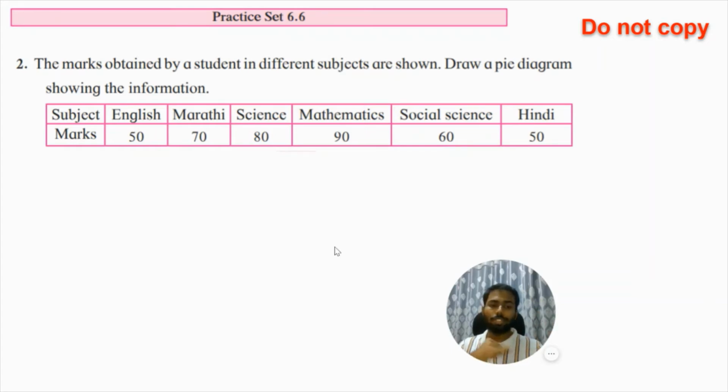So what is the first step? First step is to draw the table given in the question. Second step is to find the total frequency. Here there is no frequency, right? This is not frequency. But यहाँ पे डेटा क्या है? It's very obvious, right? तुम लोग इंग्लिश मराठी साइंस को ऐड तो नहीं कर सकते, तो किसको ऐड करोगे? You will add the marks, and you will find the total. That's your second step. Third step is you are going to make the third column, which is the measure of central angle column,